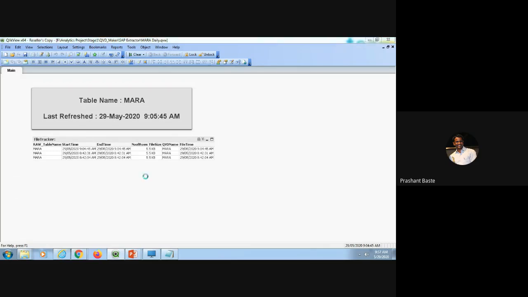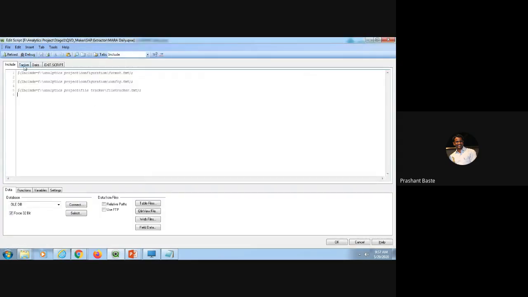Also, we have already prepared this tracker, and the tracker scripts are already available. So you don't need to put in extra effort. You just have to include those things, and once they are included, valuable information will be in your hands.